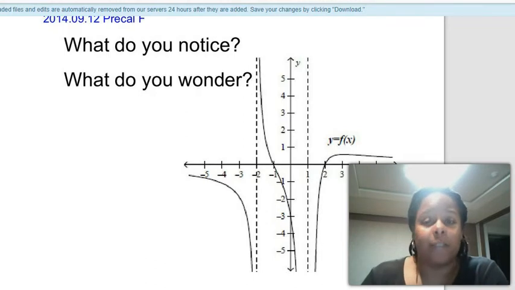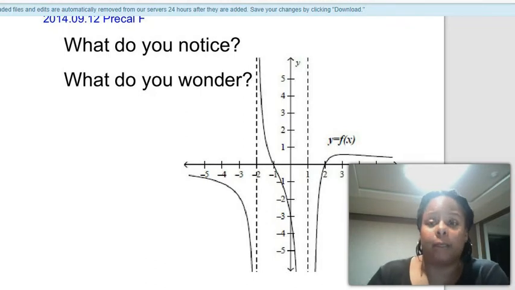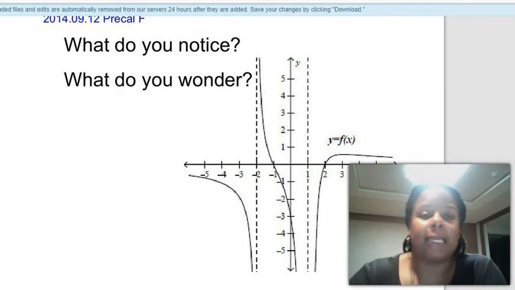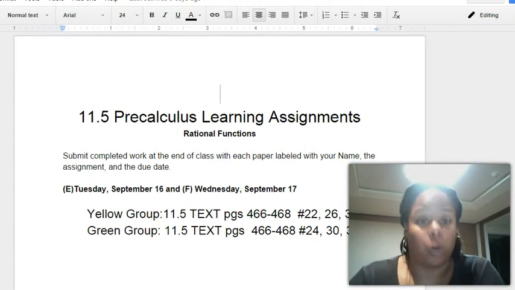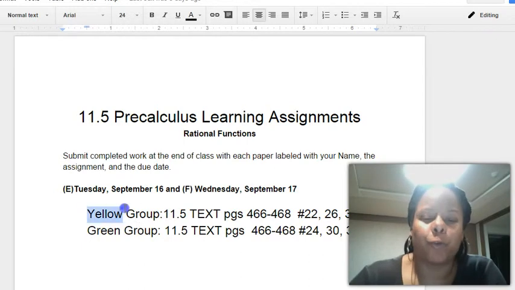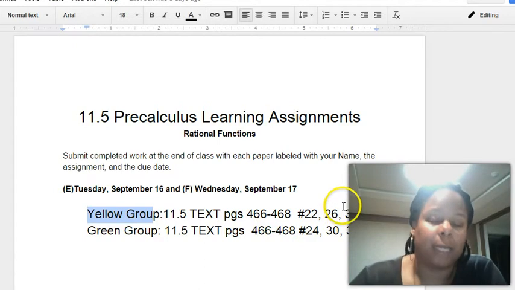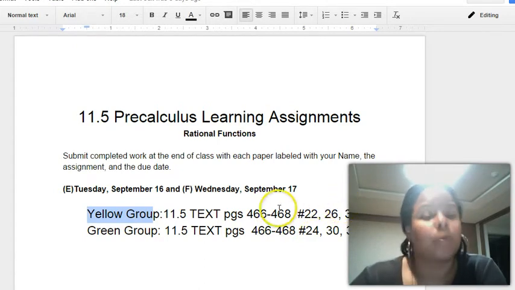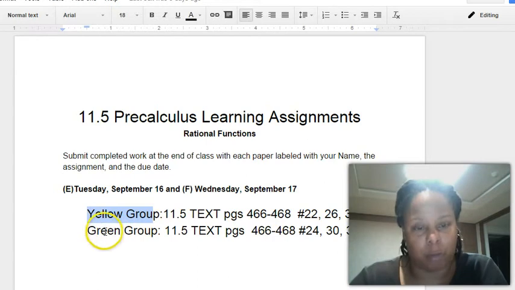Then after I grade their video assessments, I tell them what group they're in, and they work on the assignment based on their group. So this is their work for that. I have two groups. Back in the States, I had 4 different groups, but because it's a small class and they pretty much all do their work, I only have 2 groups. The yellow group needs a little bit more work, so they don't get as challenging problems. They get the same amount of problems, but not as challenging. And the green group gets the challenging problems.